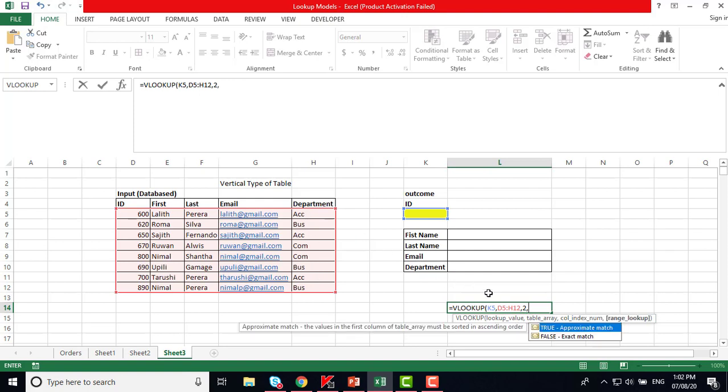Then you can see the next item is optional. So if you select the TRUE option, it means approximately matching. Approximately matching means closest matching. It will take the closest matching, not the exact number. In that situation, there can be mistakes. For example, if the person is not there in the database, and you wrongly type that number, it will read that as the closest matching with a given number available in the database.